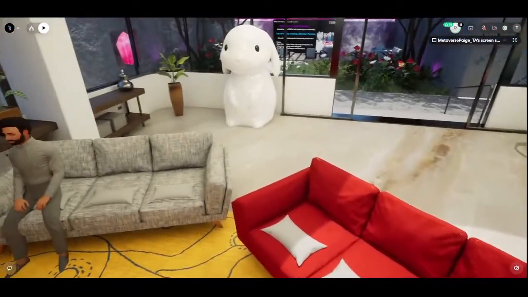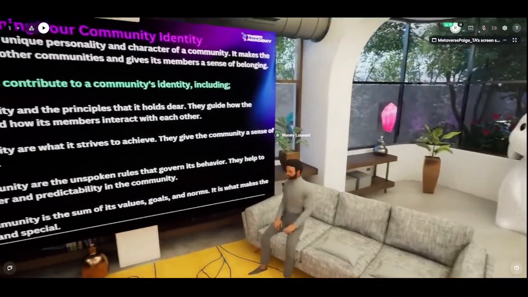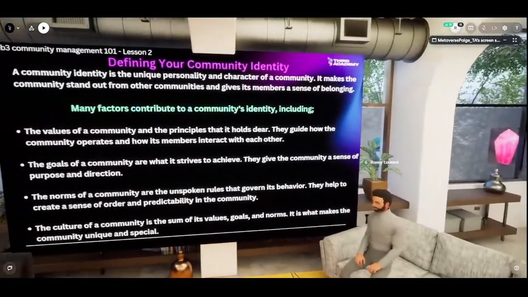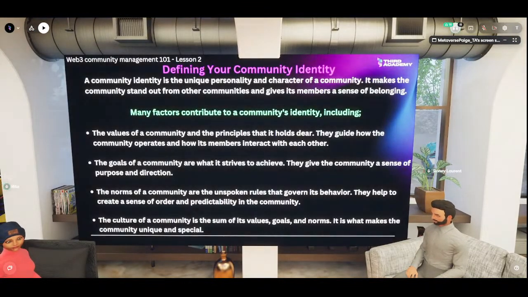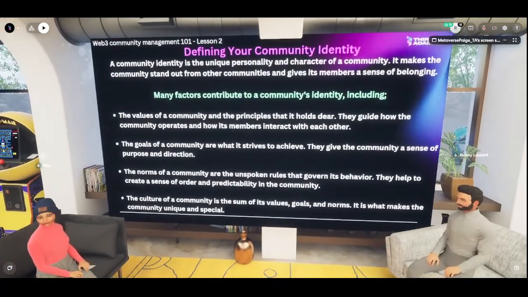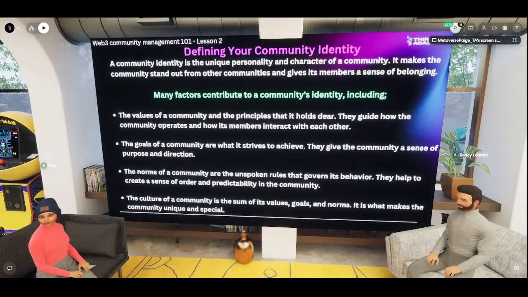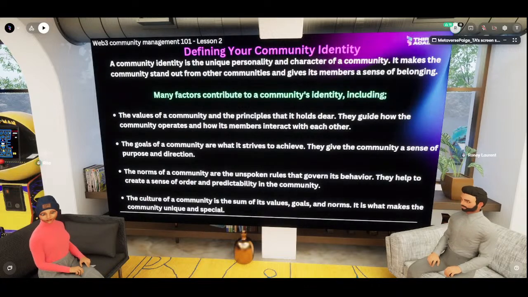Now let's talk about how you can create a community identity, right? This is a very important topic. Just like members have an identity, the community should also have a clear identity and purpose, right? So what is a community identity? A community identity is the unique personality of your community.